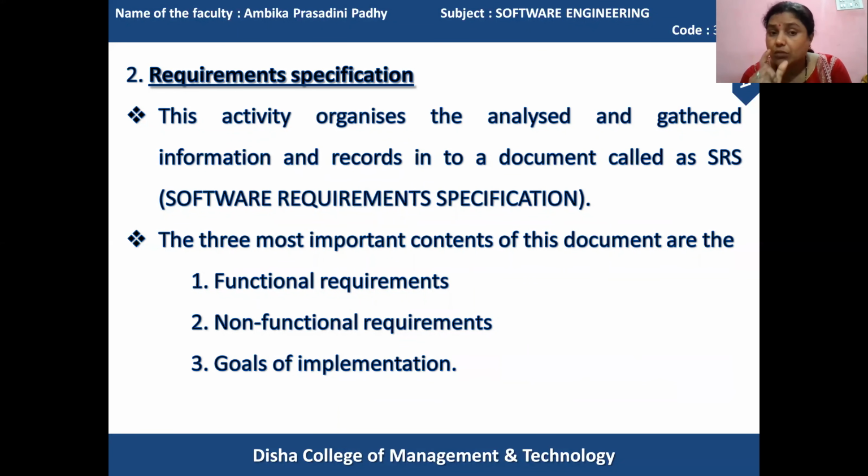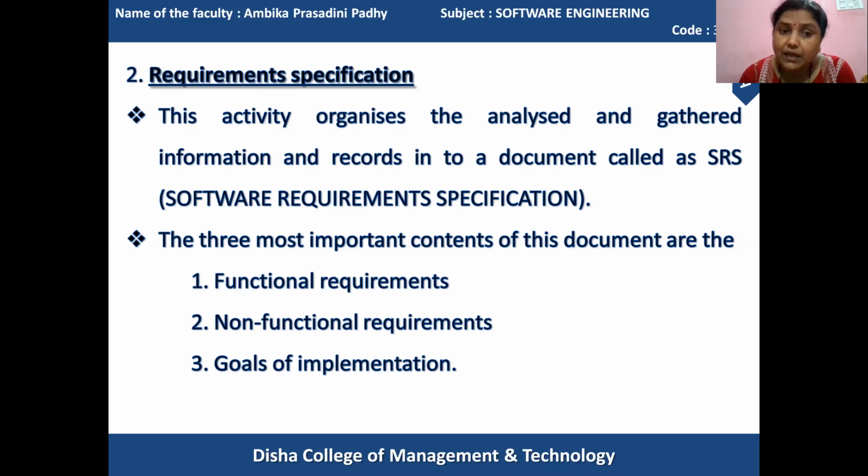Got it? So the software requirement specification is the path finder. It is the real implementation need, by following the guideline of which the further developmental activities can be perfectly carried out. And how will the software requirement specification document be well understood? For that, the contents in the document are written by categorizing the data into different types, that is functional requirements, non-functional requirements, and goals of implementation.